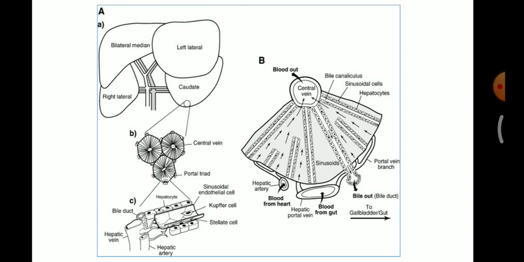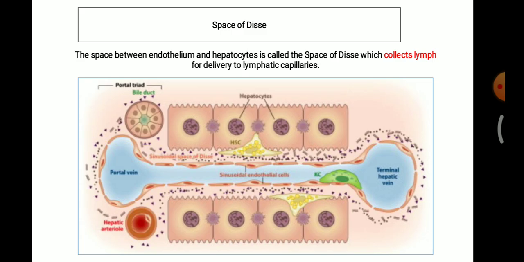This is one more figure where I have shown the four lobes of the liver, from where the section is taken. It shows hepatocytes in a hexagonal structure, and then this figure is further modified into the right figure, which shows the central vein, the portal triad, hepatocytes, bile canaliculi, and portal vein. Everything you can see and try to understand in this figure.